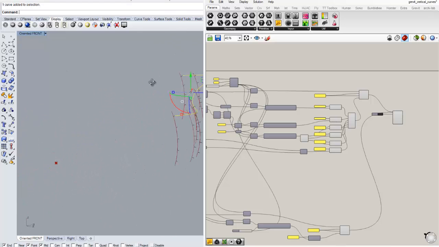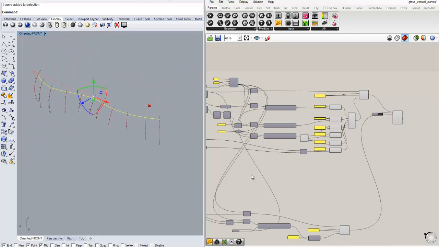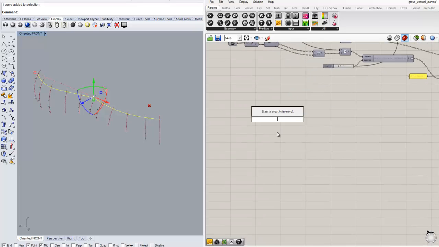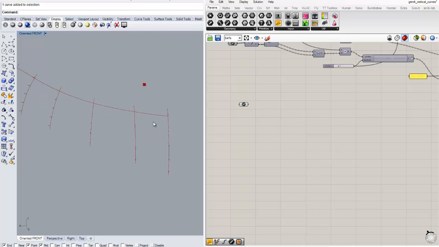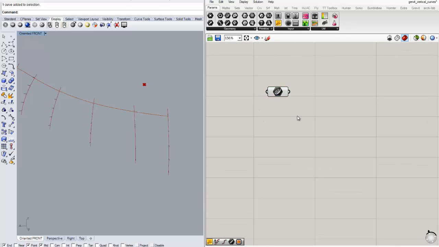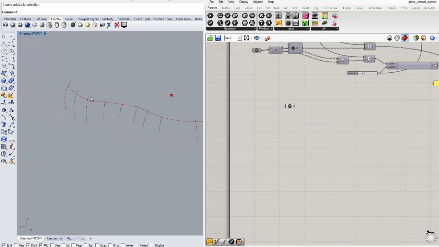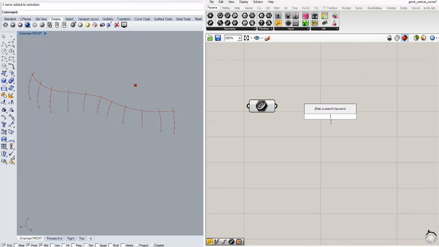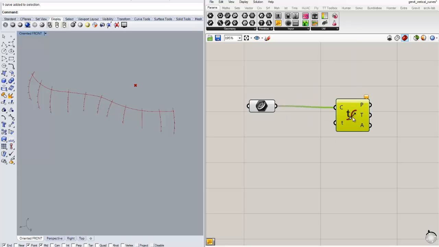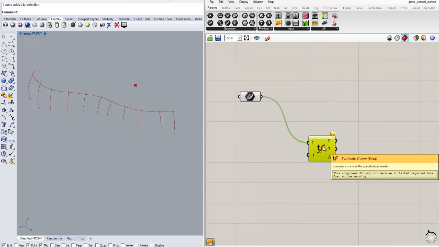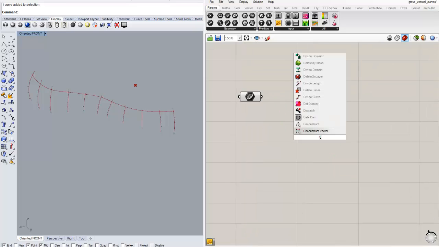So if I wanted to create this, I'll reference that in as a curve. And then that curve is made out of 1, 2, 3, 4, 5, 6, 7, 8, 9, 10, 11 points. So I would take the evaluate curve component. Actually not. I'll actually divide the curve,